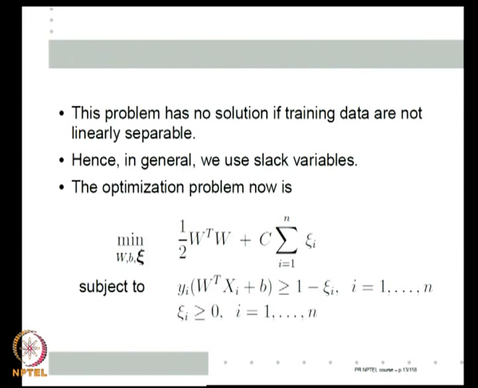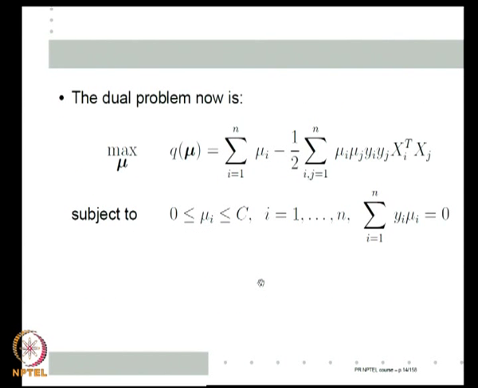If I want to solve the primal, now I have increased the number of optimization variables, all my data come in the constraints. But if I am solving the dual, putting C or not putting C is simply a matter of, while solving this problem, whether or not I have an upper bound on mu i, right. That is the only difference. So, when I am solving the dual, I can just throw in a C, solve it. If I want, I can increase the C constraint and resolve it to see how my mu i change. That tells me whether I am finding a good separating hyperplane or not, and so on.